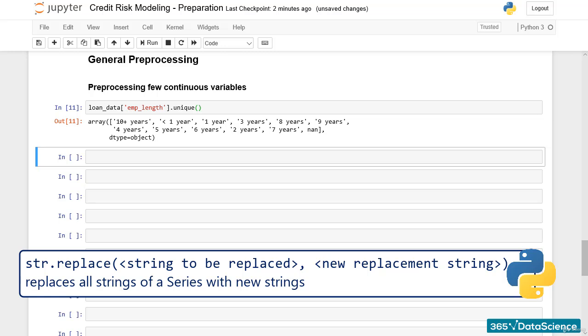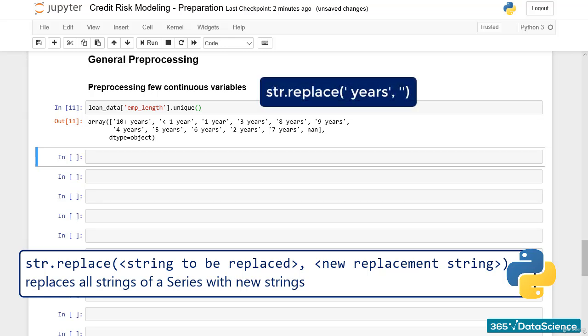The str.replace method has two arguments. First, the string it is looking for inside the string it is applied to, and second, the string it is going to replace it with. Of course, if the first string is replaced with nothing, it will be deleted from the given string. We can easily apply this method to all entries in the column employment length. Nevertheless, we have to be very careful about the sequence in which we do that.